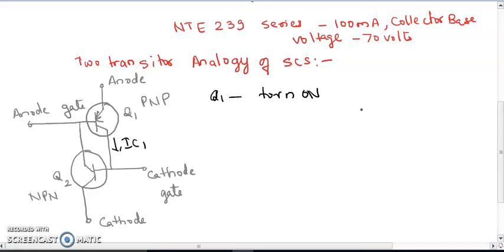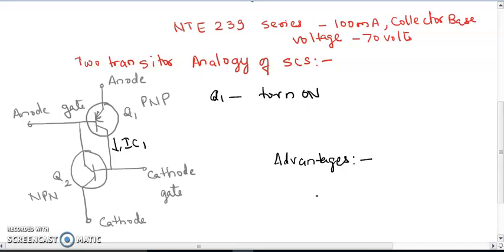So, in order to turn on the silicon controlled switch, a negative pulse must be applied to the anode gate terminal and a positive pulse is required to turn it off. So this was the working of SCS, and last is the advantages of the silicon controlled switch.